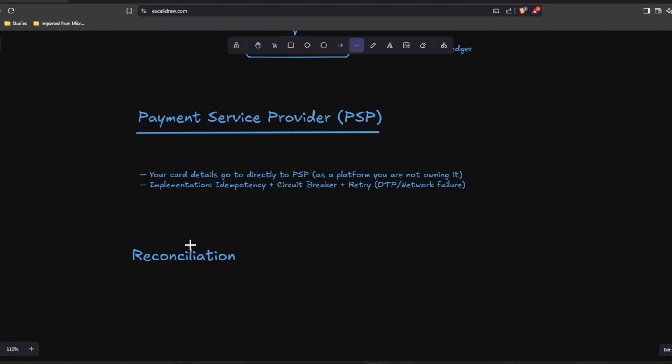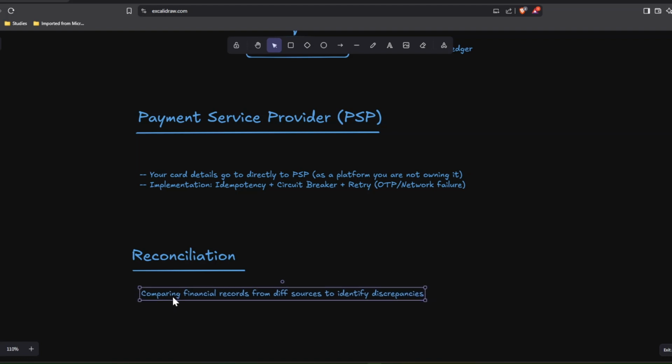Okay, so reconciliation is nothing but, I will just write it so that it remains in your notes, comparing financial records from different sources to identify discrepancies. Any banking system, this used to be a manual process way back,